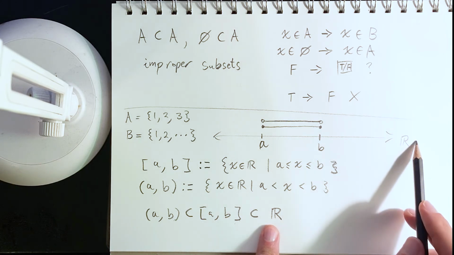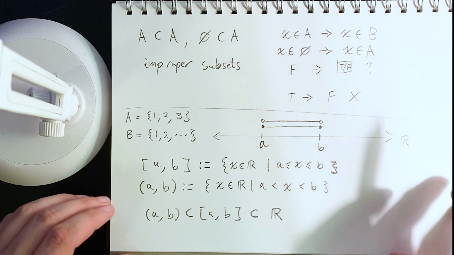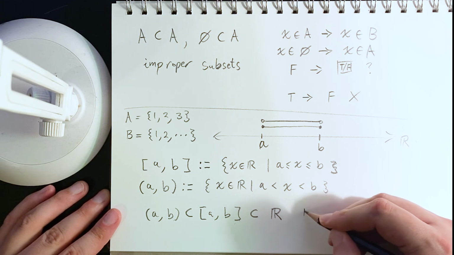Similarly, if I go a minus 1, that's in the real numbers. It's not in the closed interval. So this subset does not reverse. So these sets are not equal to each other, but they are subsets. Okay. The last thing I want to note is